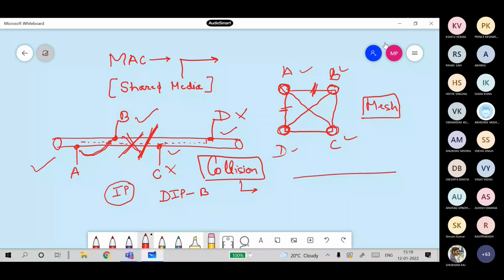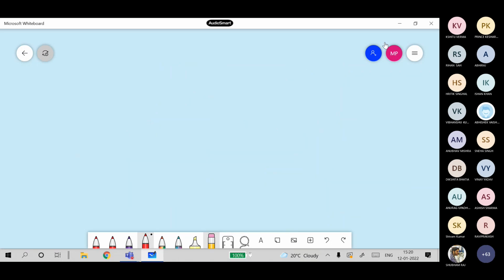If there is a single bus or single channel on which nodes are connected, then at a time only one node can transfer. If two or more nodes start transferring at a given time, then there would be collision and nobody would be able to receive the data. That's the biggest problem. To solve this, there are many protocols which have been suggested, but the most popular protocol is